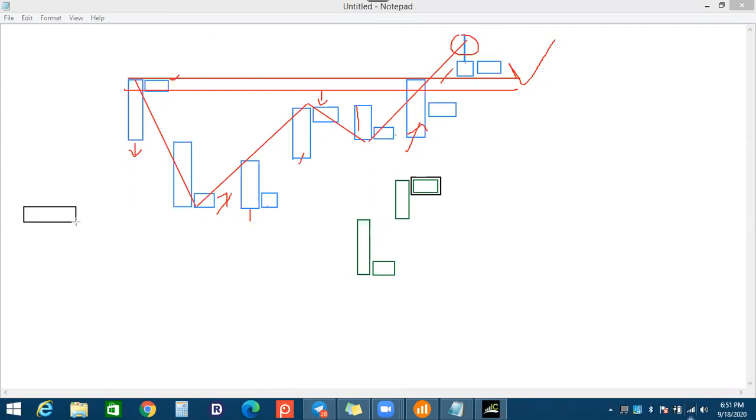Look at here. These are things you need to understand. These are very critical. So inside the black box, the green box showing the bias volume means the more volume is from the bias side. Okay. And inside the black box, this is a red volume. It's showing the more volume is from the seller side.